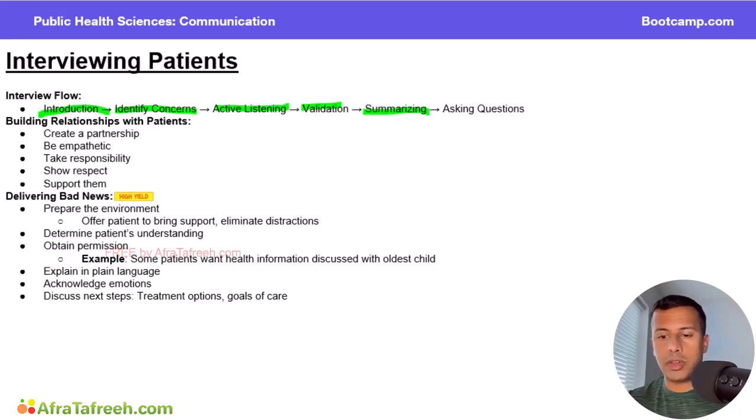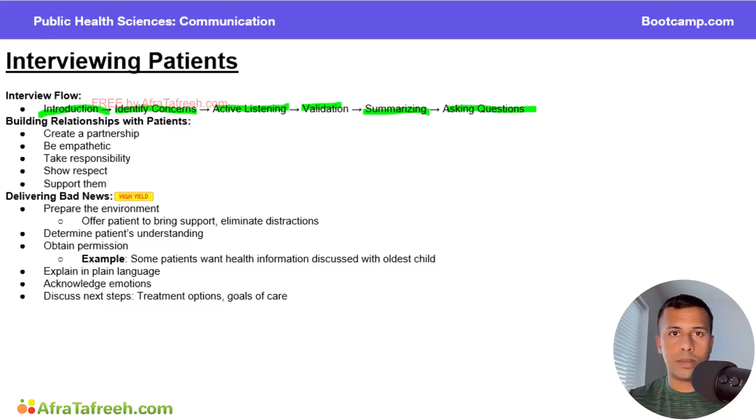And after all of that, you need to allow the patient to ask questions. You need to encourage them to speak freely. There's no dumb questions. I've heard it all. Allow the patient to ask questions and maybe even reveal information that they haven't revealed to other doctors before. Maybe reveal that one thing that they weren't comfortable saying, but now all of a sudden they are. So going through an interview with that proper type of flow is going to be really huge on the exam